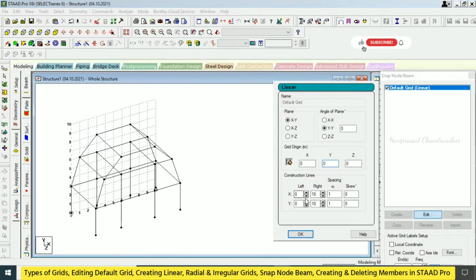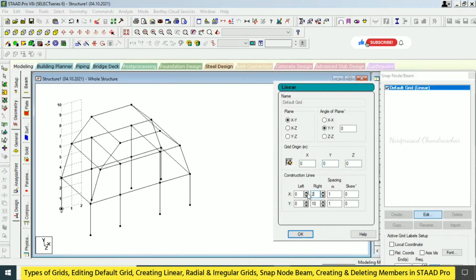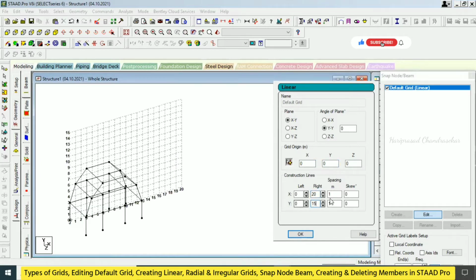Okay. And then another thing, you can increase the number if you want. So 20, so 15, like that. And at the same time, if you want to increase the spacing in between, by default it will have 1 meter spacing. Okay. And if you want 0.5, you can just put 0.5.